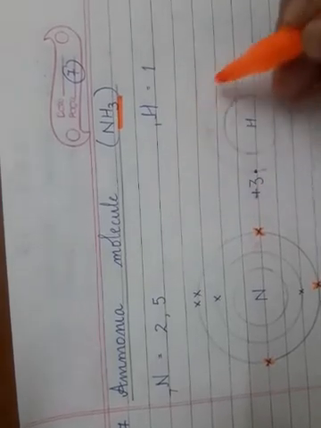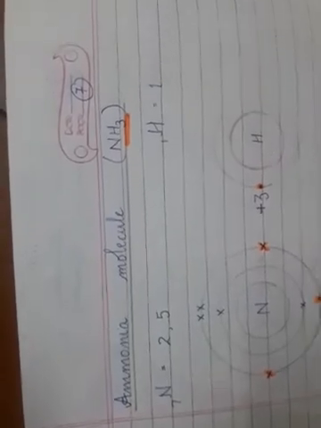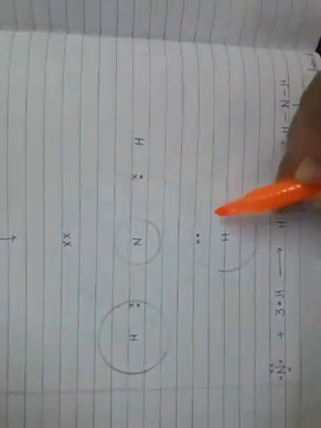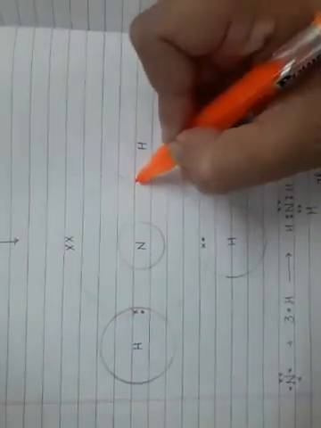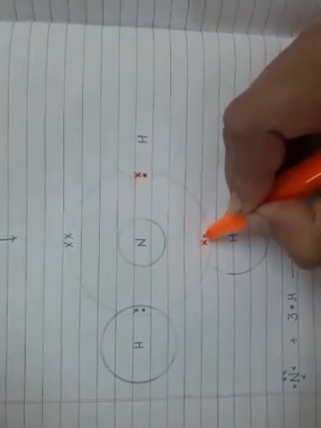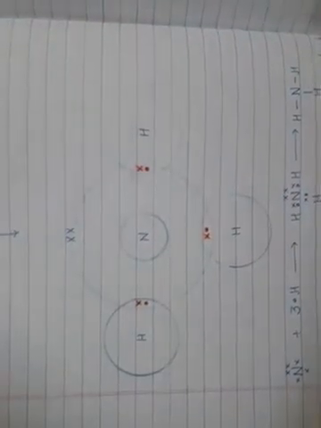Reacting with 3 atoms of hydrogen, you can see the nitrogen atom, 1 overlap with hydrogen, the second overlap and the third overlap. You have 1 electron of nitrogen, 1 of hydrogen; electron of nitrogen, hydrogen; electron of nitrogen and hydrogen, such that the ammonia molecule has 3 single covalent bonds.